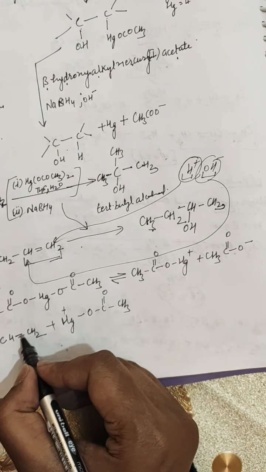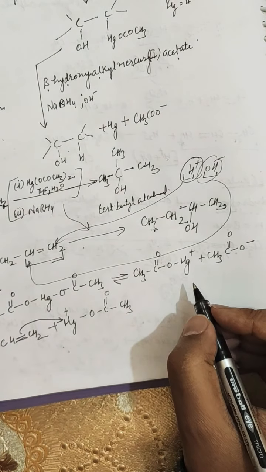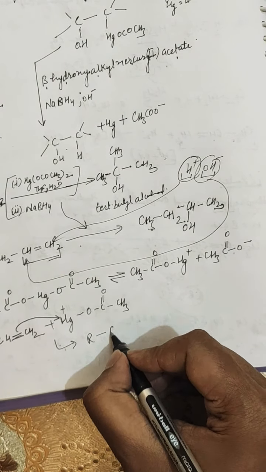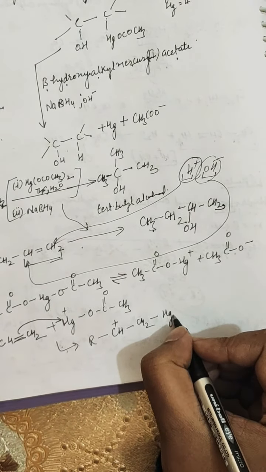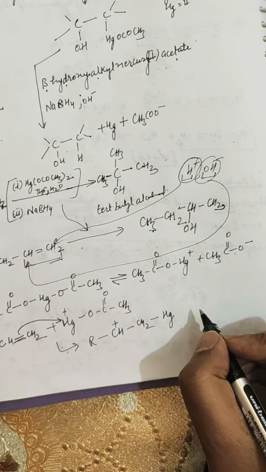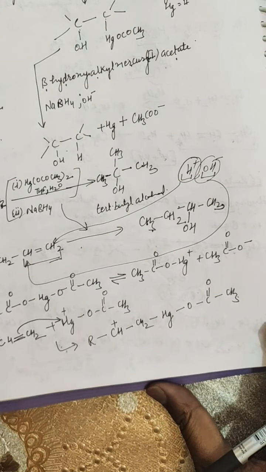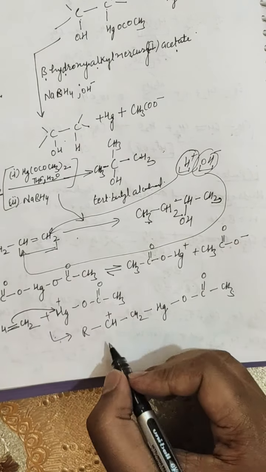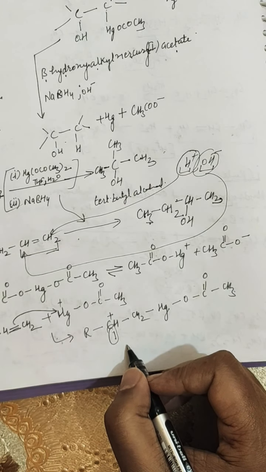and the pi bond will go to the electron deficient mercury, and it will result in the formation of a beta mercury substituted carbocation. So this product is formed. Further, this carbocation, if we write it as 1, this carbocation 1 is then attacked by the nucleophile H2O to give a mercury substituted oxonium ion.